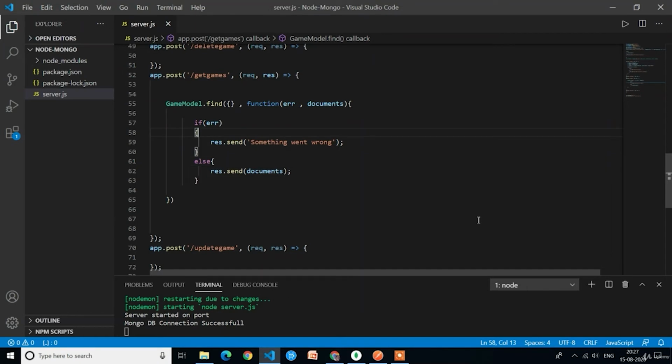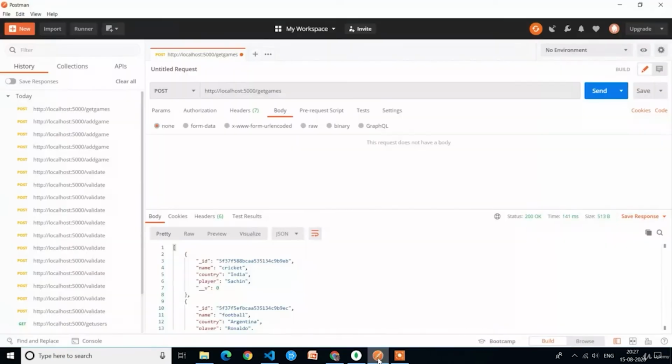Welcome back, guys. In this lecture, we are going to discuss the delete and update operations in MongoDB and Node.js. In the previous lecture, we created the database and added some documents to the games collection, and we also got all the games from the collection and printed them in